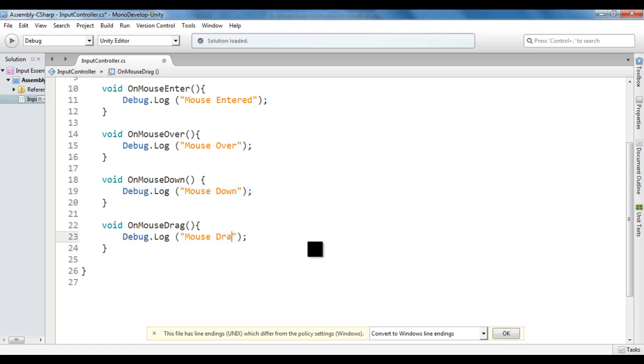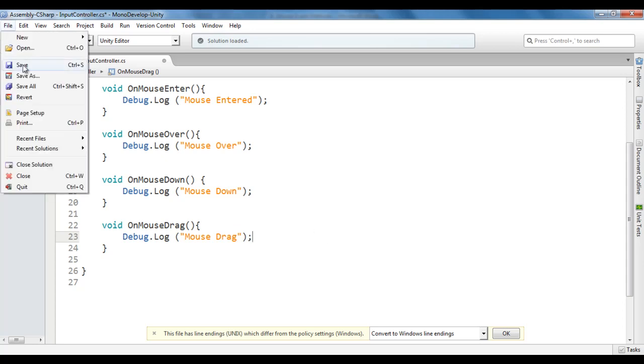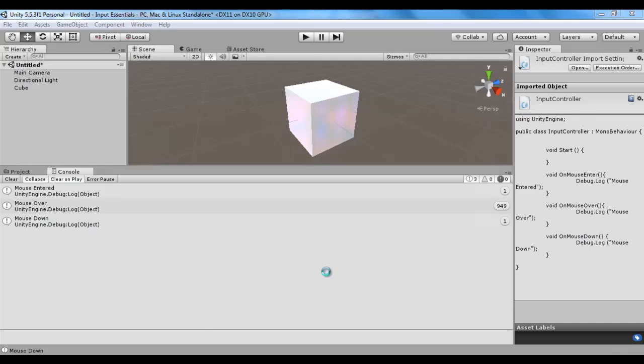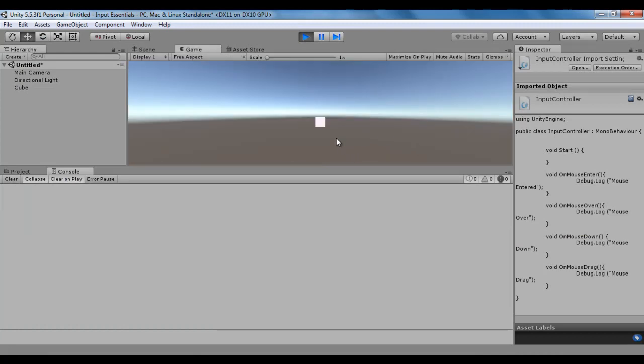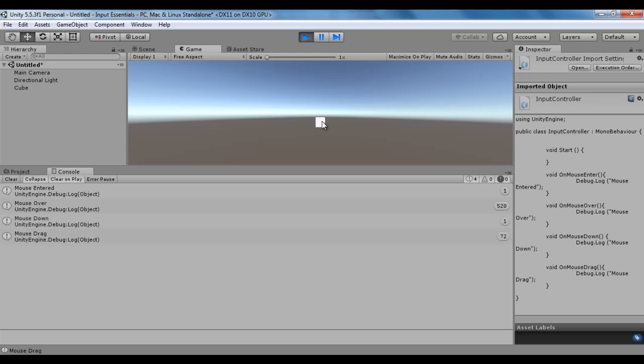I say mouse drag, file, save, go to Unity. I click on the play button. If I move the mouse pointer over the cube game object, mouse entered is displayed once, mouse over is getting displayed continuously. If I press and hold down the left mouse button, mouse down is displayed once and mouse drag